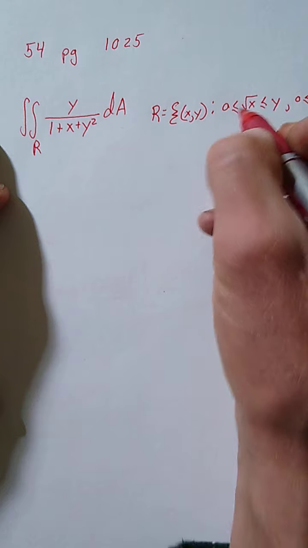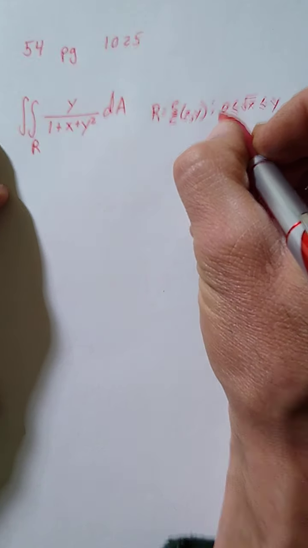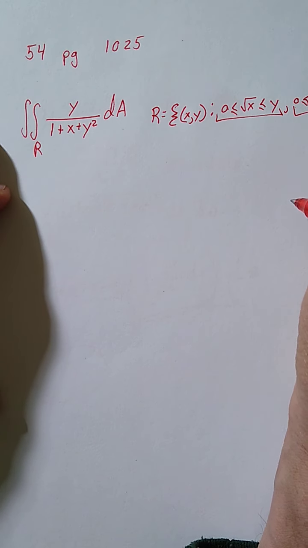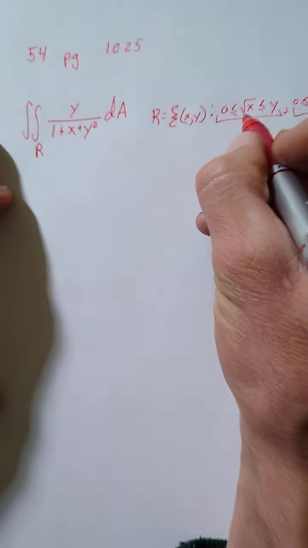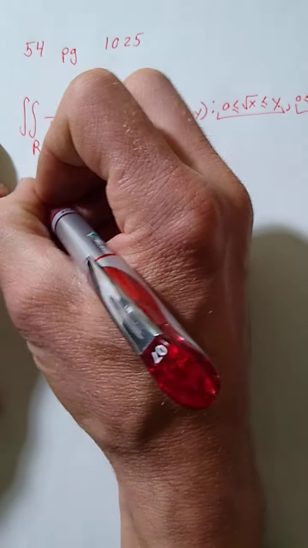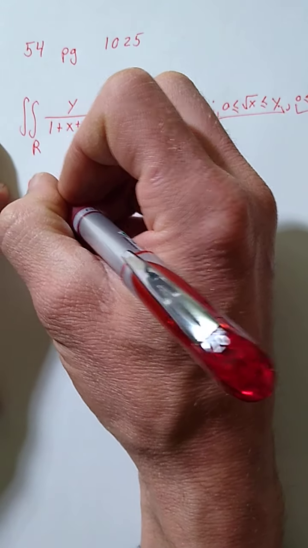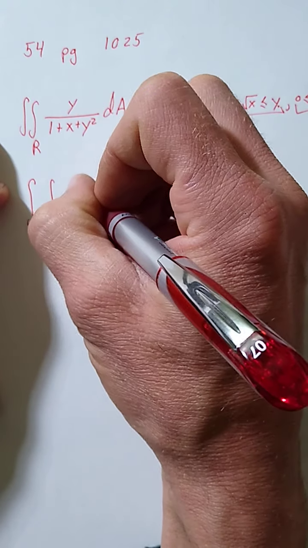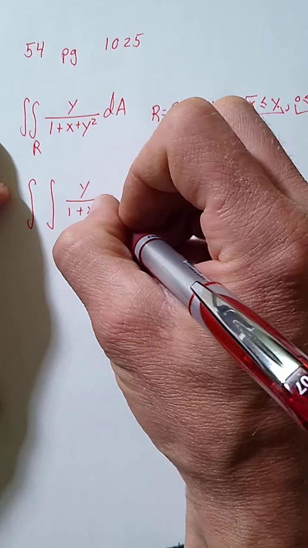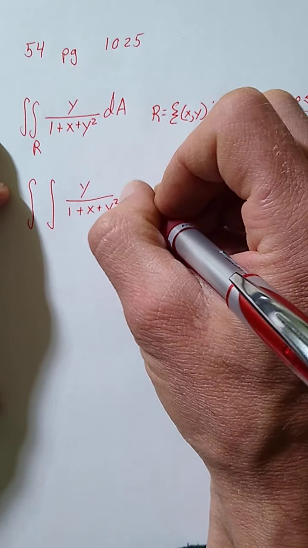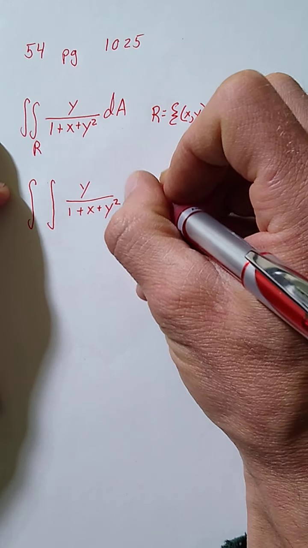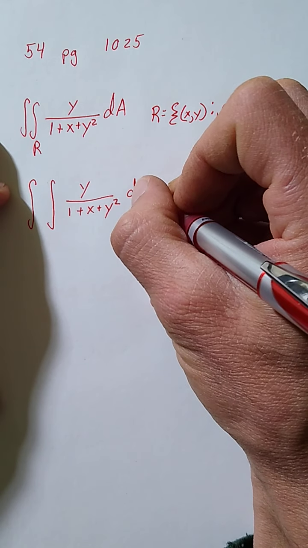So if we were to just set it up based on these, then my x depends on my y, and I could set this up as the integral of y over 1 plus x plus y squared. And then if I do this with respect to x first,